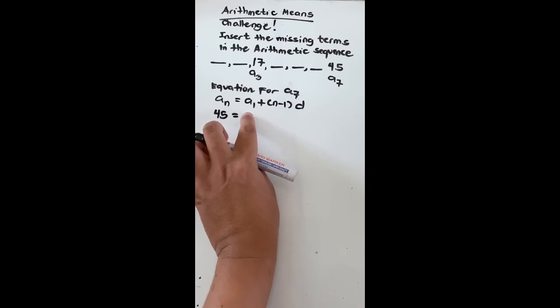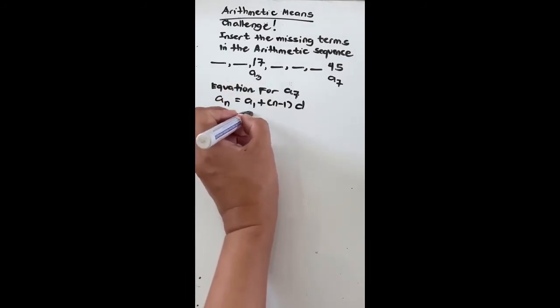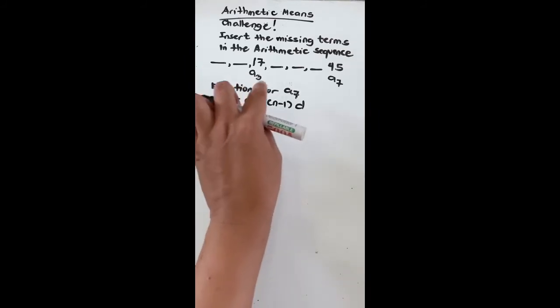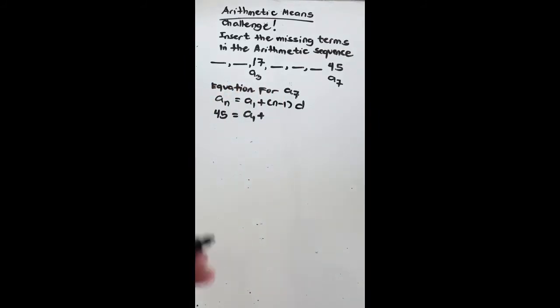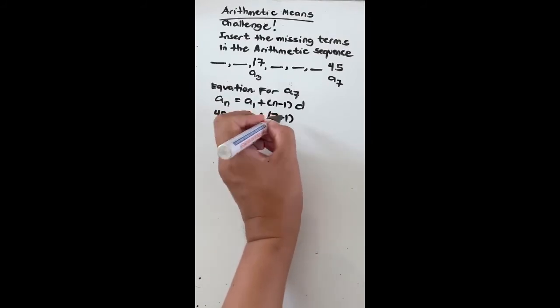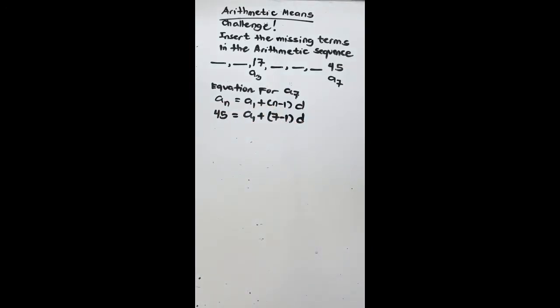Okay, our first term, we don't know. Why? Because as you can see, wala naman tayong nakalagay na first term. So we don't know the first term. So that is a sub 1, plus how many terms do we have? Since we are referring to the seventh term, we have 7 terms. 7 minus 1 d. We don't know also the common difference. Yun yung hinahanap natin, the common difference. So, by simplifying this one, we get